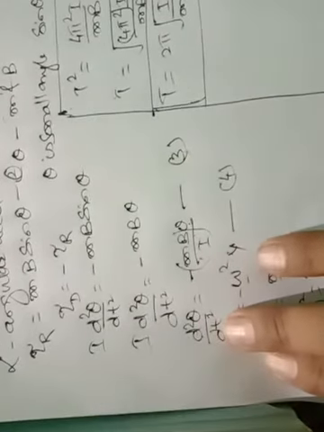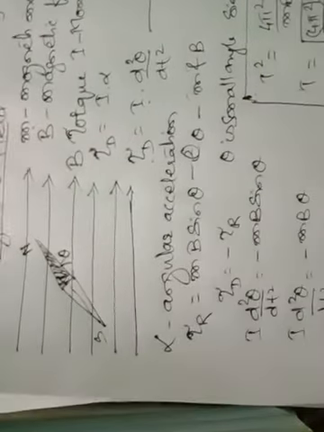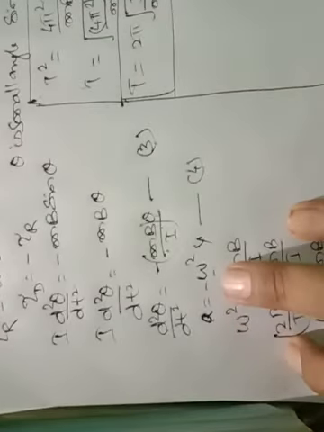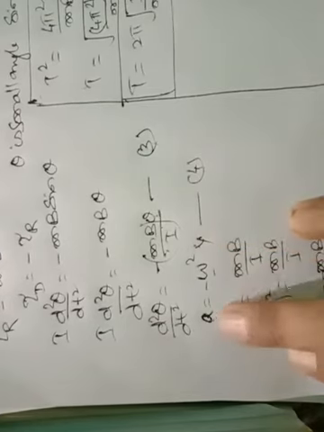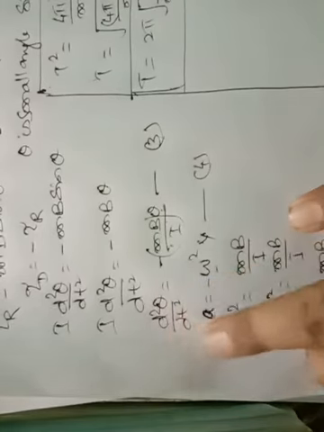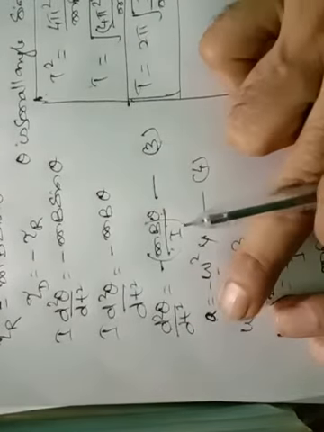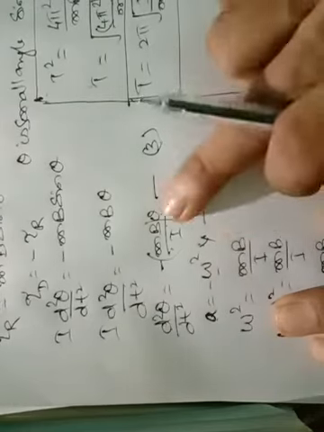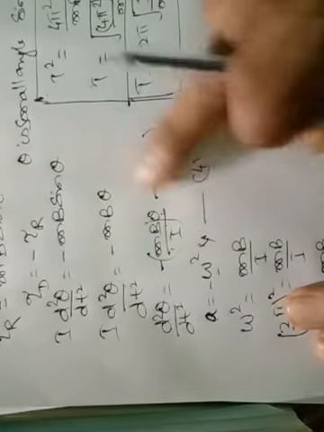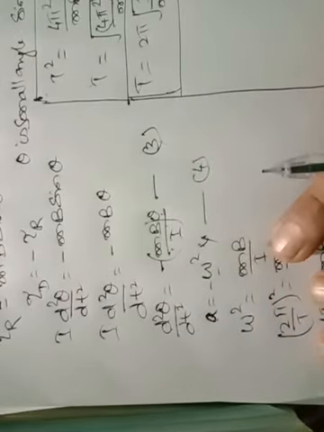Now since the needle has started oscillating, it will go to this side, again it will move to this side. So this will oscillate and perform simple harmonic motion. Since it is performing simple harmonic motion, in the first year we have already derived the simple harmonic motion acceleration: a is equal to minus omega square y. So comparing this equation with this, what are we getting? This acceleration a is equal to minus omega square y. Here in place of y is theta. So omega square will become mB by I. Comparing these two equations, omega square is equal to mB by I.